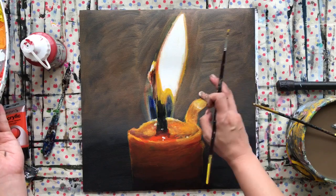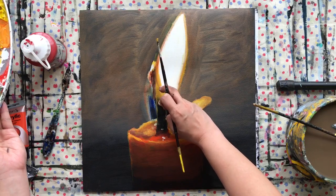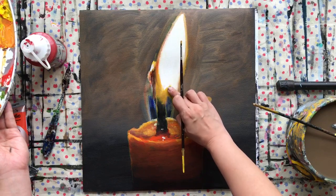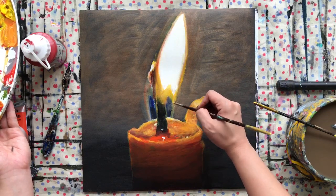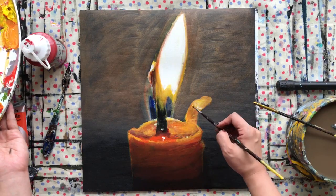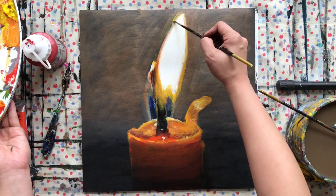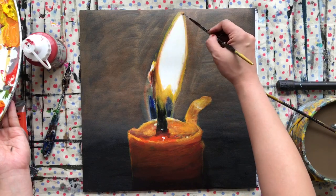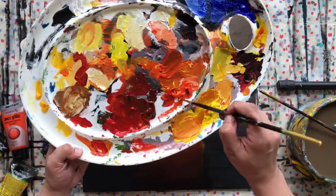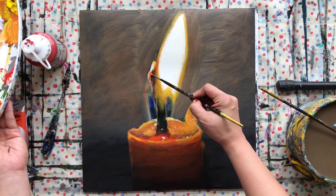And in all honesty, this is my most favorite subject. If some of you already know, light is my favorite subject. It's just my favorite subject. I don't know why. There's just something to it. It's like magic to me. When I'm painting the light, I feel like I'm painting something else that no one can touch. And yeah, gonna get my orange, mix it with cad yellow, and I'm just gonna go